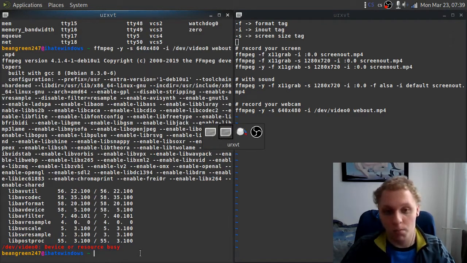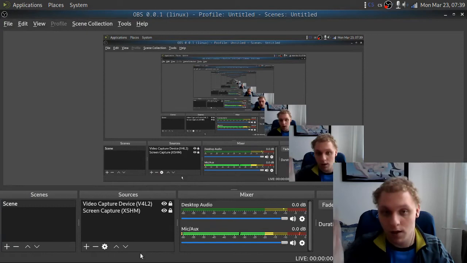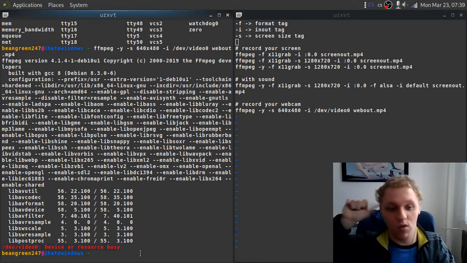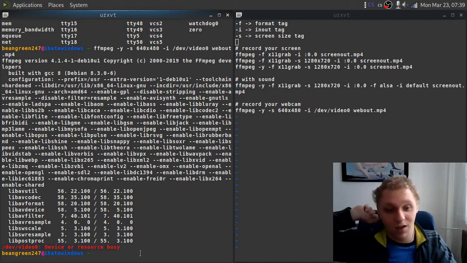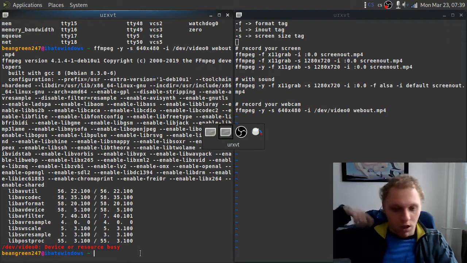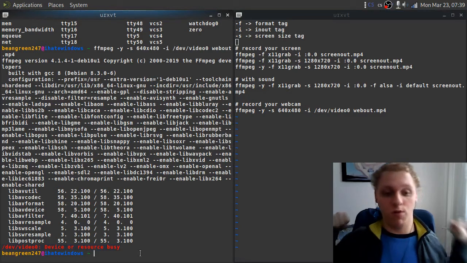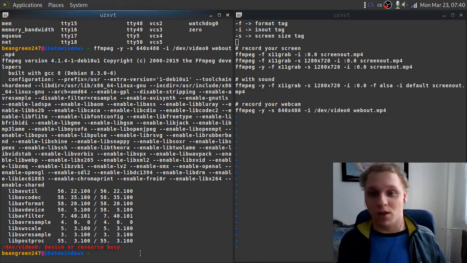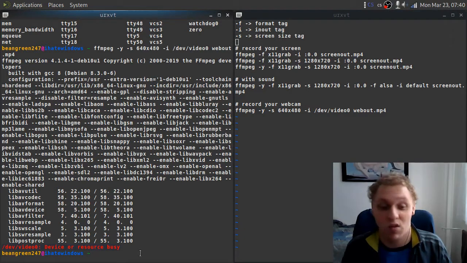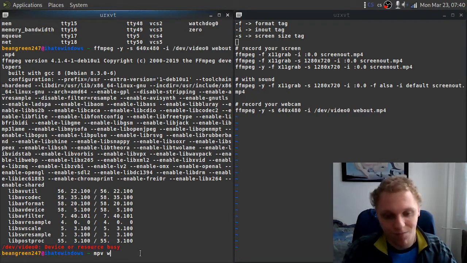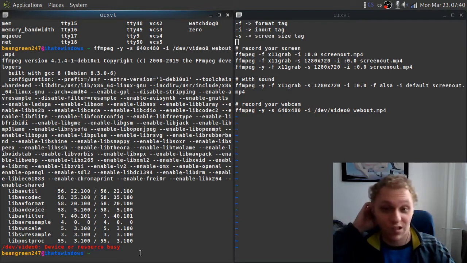Right now it's not gonna work because obviously I'm recording using OBS right here, but you get the gist of it. If I were using ffmpeg, it's going to let me do it. I don't have a secondary camera to show you that it works, but this is how I would record it if I weren't using it right now. I would have to make a sample file, but you just have to trust me that it works. Actually,